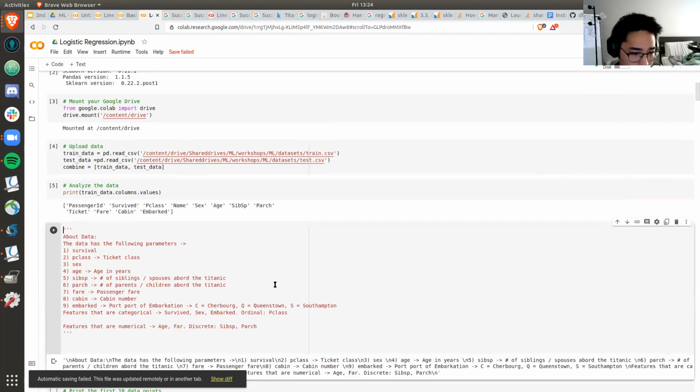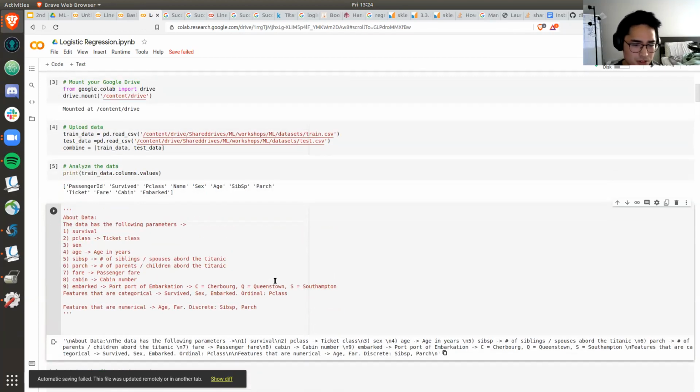We have the Pclass, which is the ticket class you're in, your sex, your age, the number of siblings or spouses you have on board, the number of parents you had on board, the fare, which is how much money the passenger needed to pay, the cabin number, and where the people embarked from. Our task is to predict whether this person survived the Titanic crash or not.